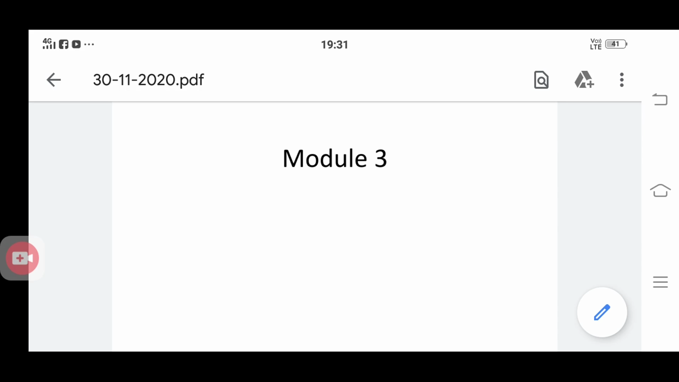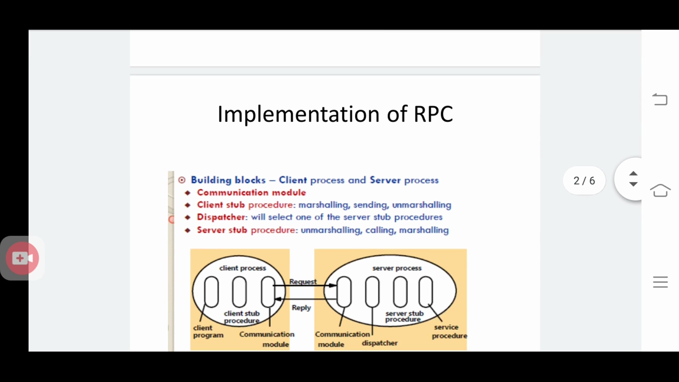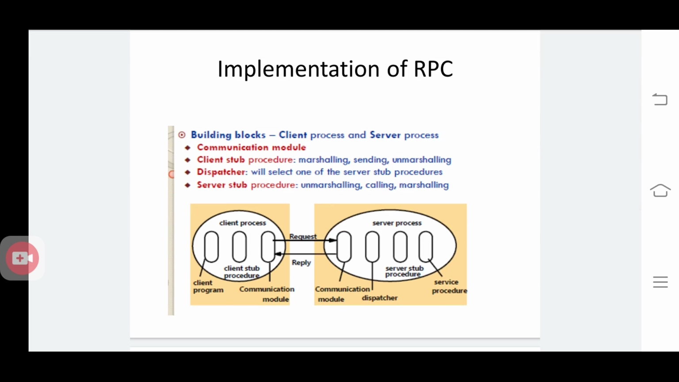Hi everyone. Today in this video you can study about the last portion of module 3, that is implementation of RPC. In the previous video you had already studied what RPC is, and what the procedures of RPC are. Then in this video you can see what the main building blocks of RPC, remote procedure call, are, and how